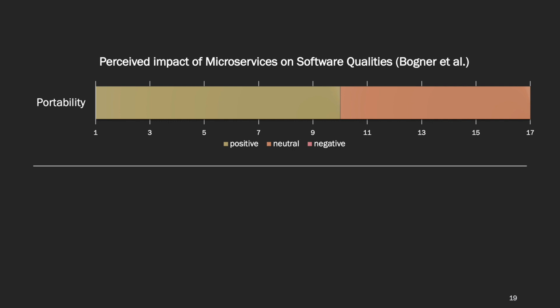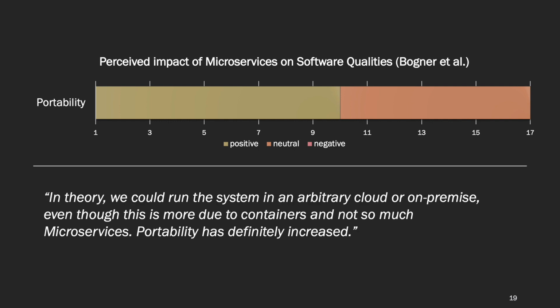According to the interviewees in the study, portability would generally profit from container technologies such as Docker and Kubernetes. Some participants tended to attribute it only to containerization, not in particular to the architectural style. Other participants, on the other hand, highlighted better installability, which allowed them to effortlessly change the platform. So one of the participants actually described it as follows.